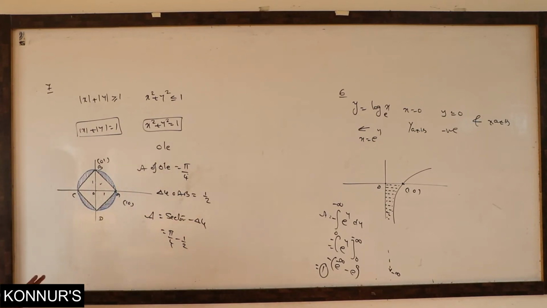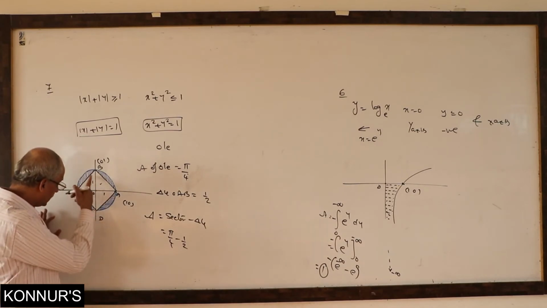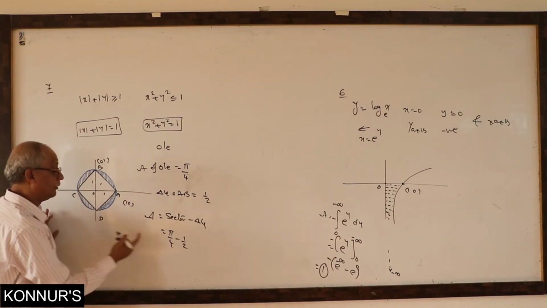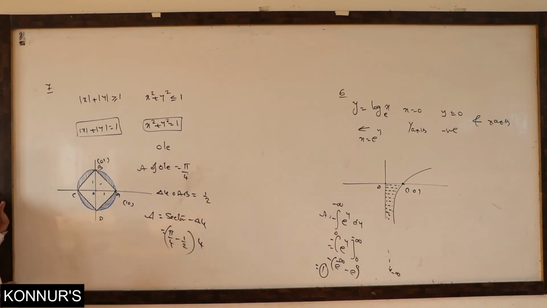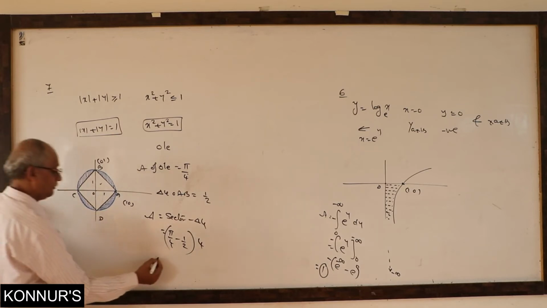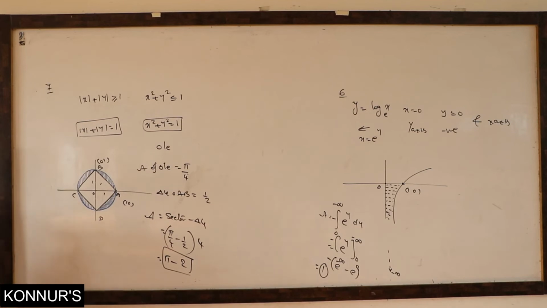Completed or not? We have only got one quadrant. How many equal shapes, equal regions like that? 4 are there. Hence you have to multiply by 4 outside. Then finally, what is the answer? You will get pi minus 2 as the final answer. No integration, no limits. We are not doing anything.